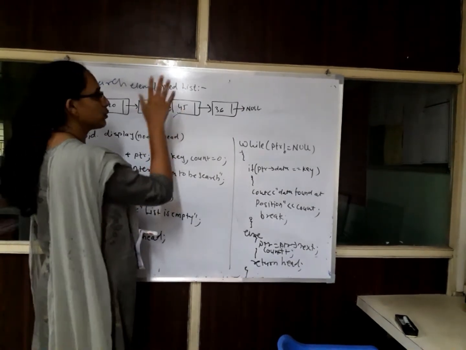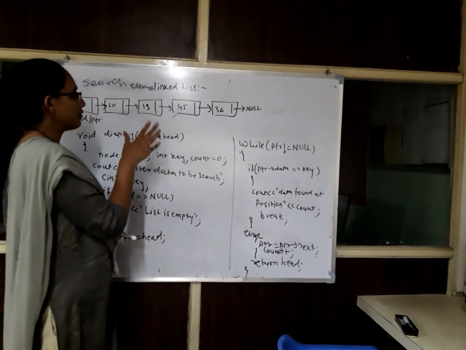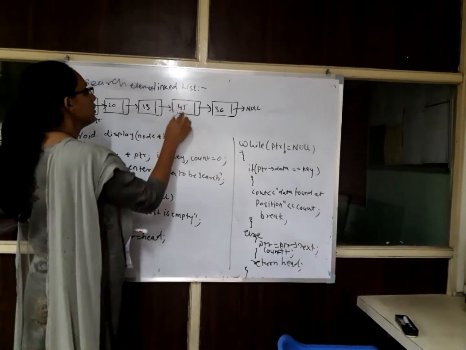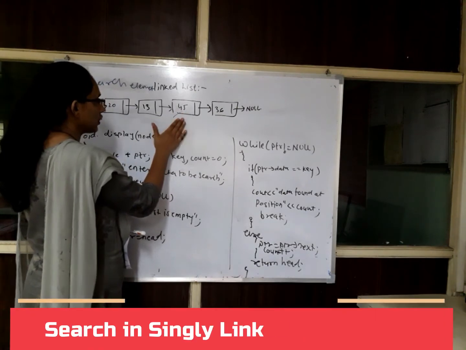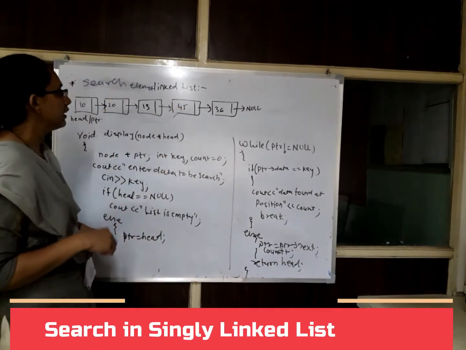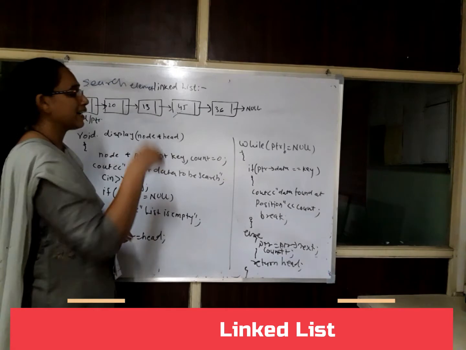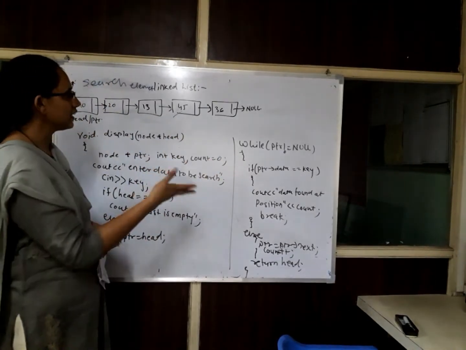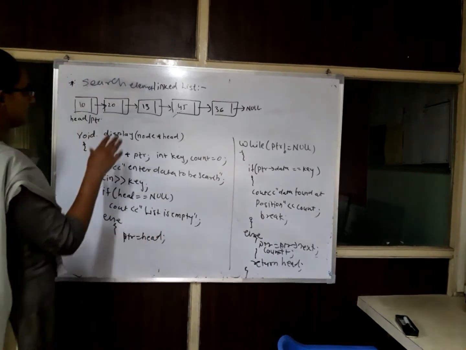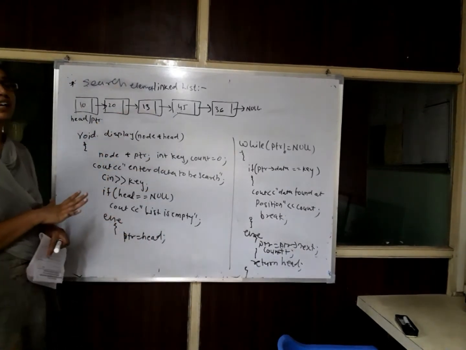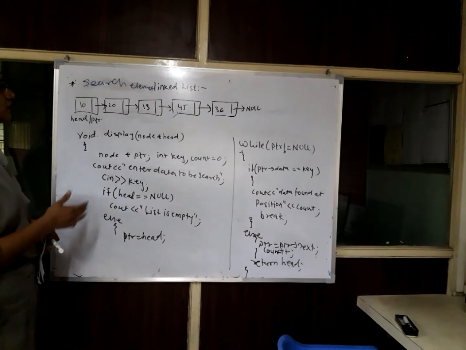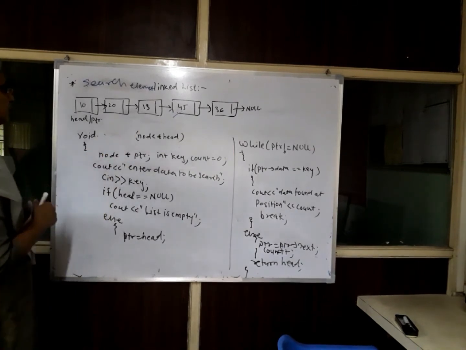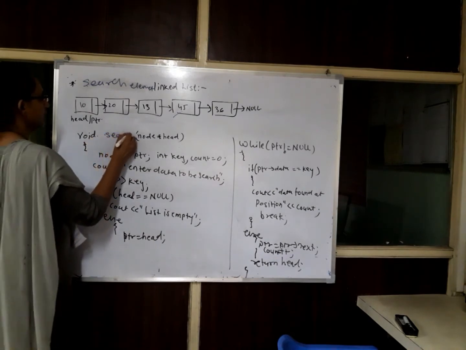Check whether ptr data is equal to the value that I want to search. Yes. So here we have to break the searching, because we found the first occurrence of the data that we want to search. So break the searching and display the data, or you can display the count, meaning the position at which you found that data. Anything you can do. So this is the way to search for information in the list. Here is the code for this search.